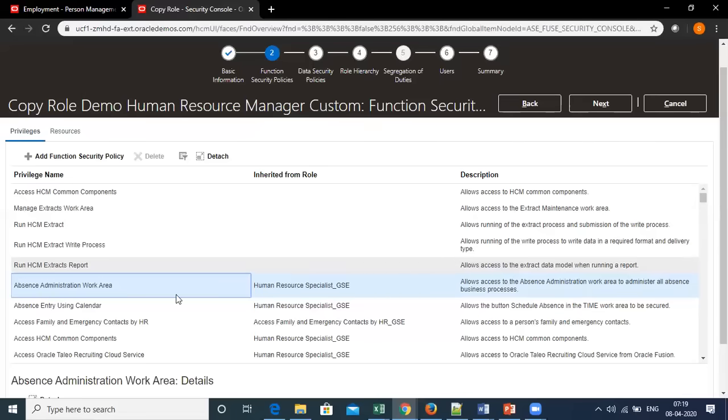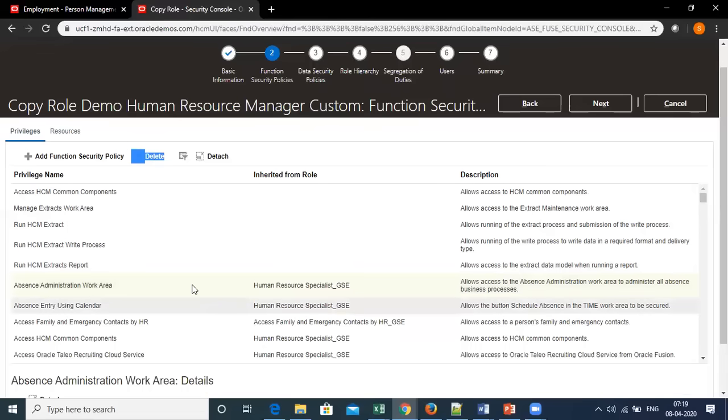Now, talking about this, I want to remove absence administration work area, but I cannot delete it because I do not have direct access. So what I'll need to do, after creation of this role, is go into human resource specialist underscore GSC and remove this privilege from there. Let's take a quick look through this chain, and then we'll perform this action. First of all, this is the area where you can have all the privileges. Next, when I go,